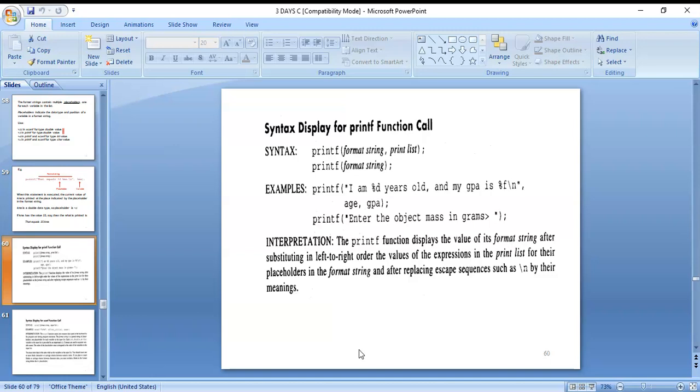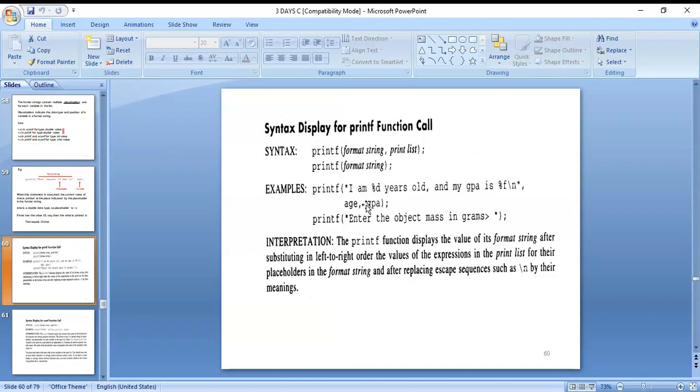Here, the printf statement. For what purpose are we using the printf statement? Here for formatting, so we can see the output on the screen or console. For that purpose, we are using printf. Here printf format string, comma, print list. Whatever is to be printed is mentioned in the print list and the format string.